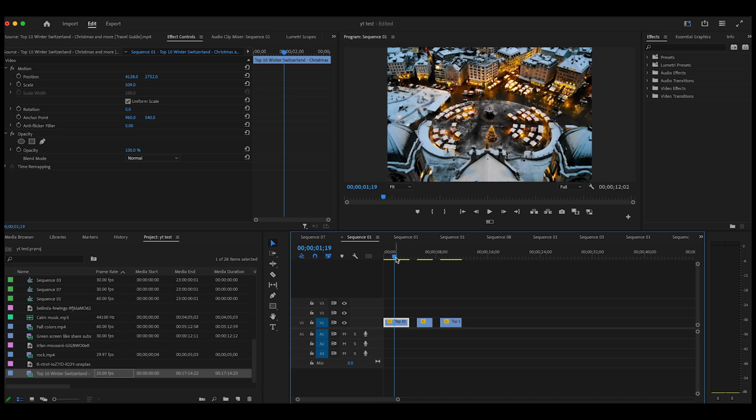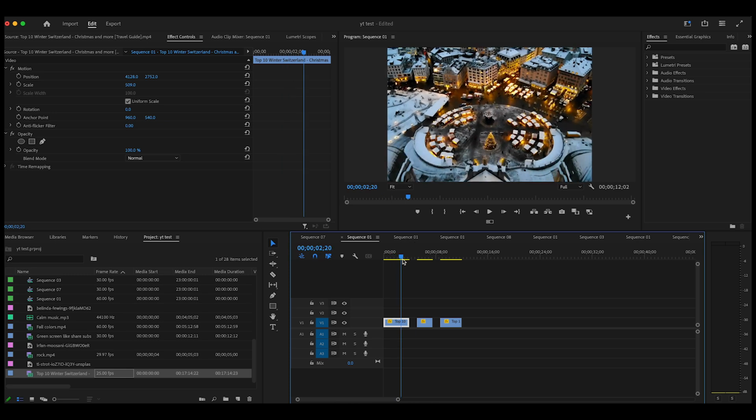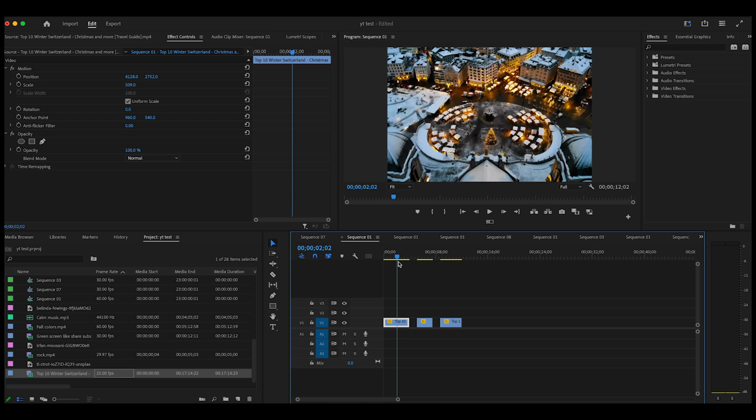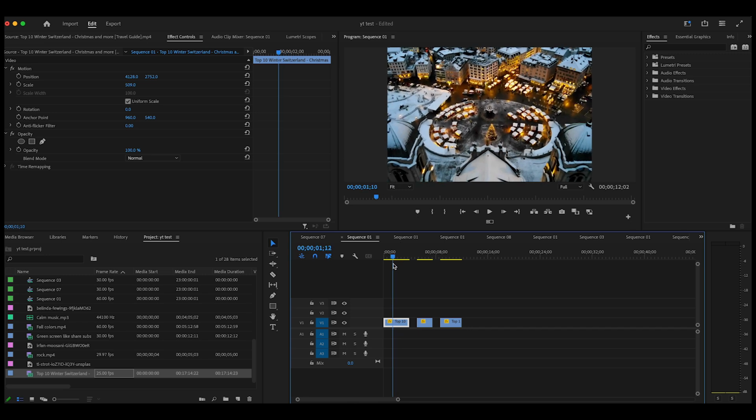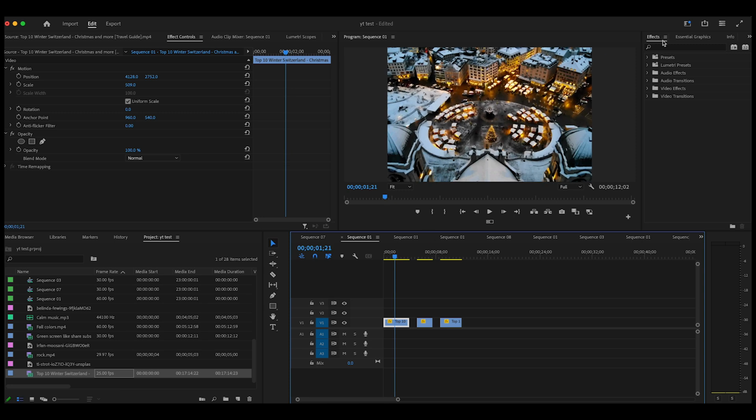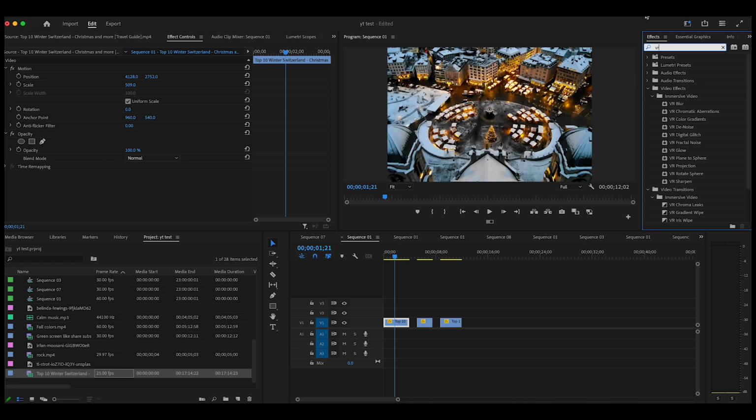All right, so I got 3 different clips here, so I'm going to go through different ones, but I'm going to start with just the first one, and it's a very easy effect. This is a very easy tutorial, and what you basically want to do on this one is you go up here to Effects, and you just type in VR, which stands for virtual reality. But if you go down here, down under immersive video, down to the VR, all the way to where it says VR Glow,